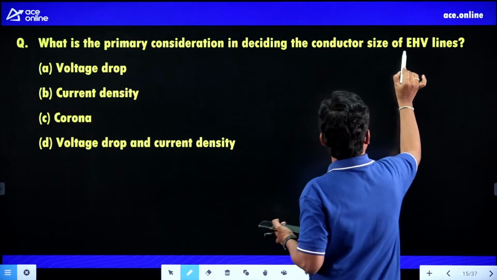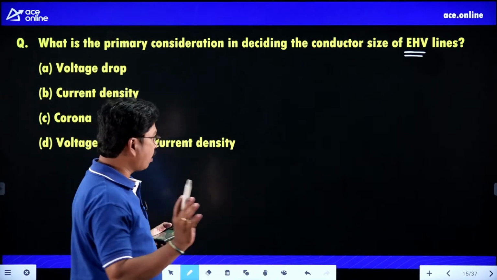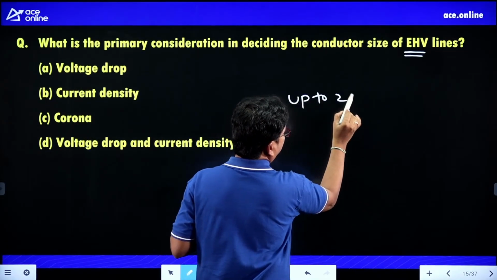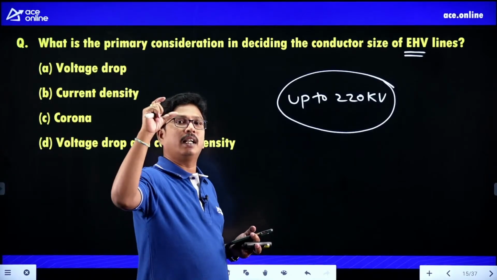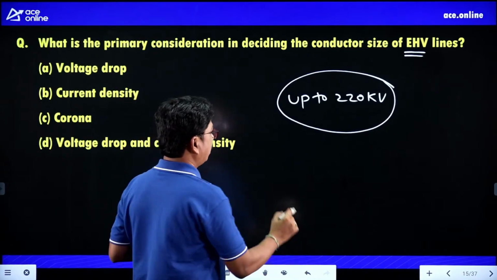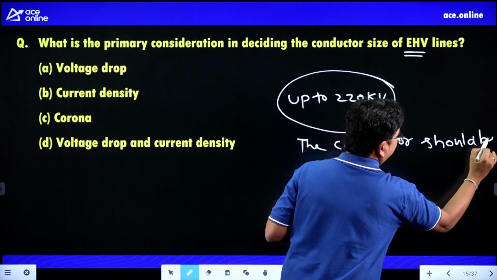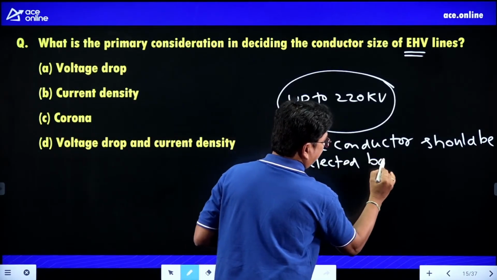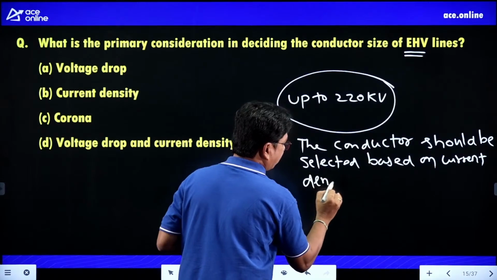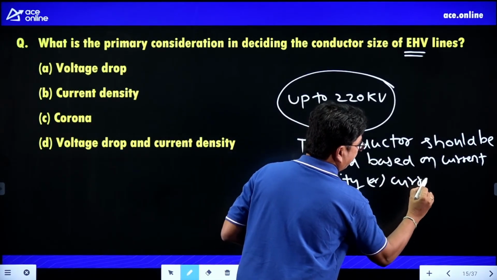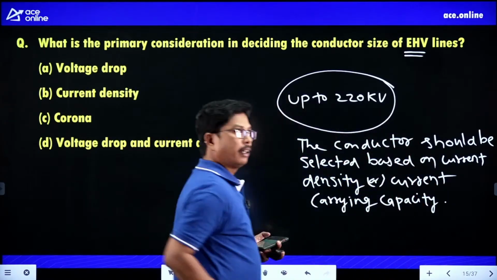Here we are at EHV transmission lines, extra high voltage transmission lines, very high voltages. Right? So up to 220 kV, the cross sectional area of conductor should be selected based on current density or current carrying capacity. Right? So the conductor should be selected based on current density or current carrying capacity. Now beyond 220 kV,